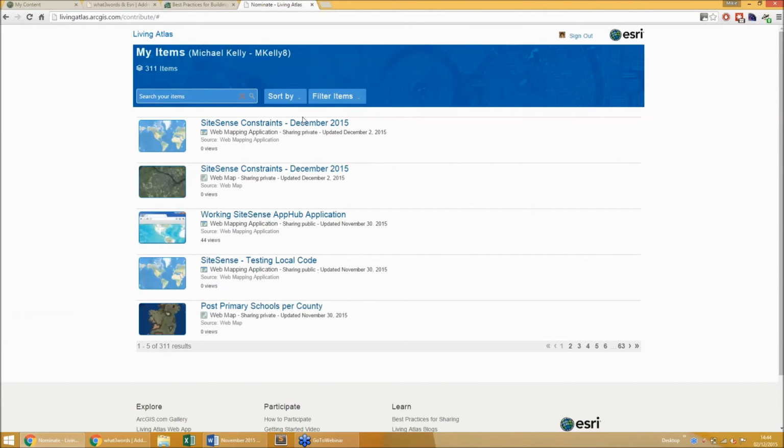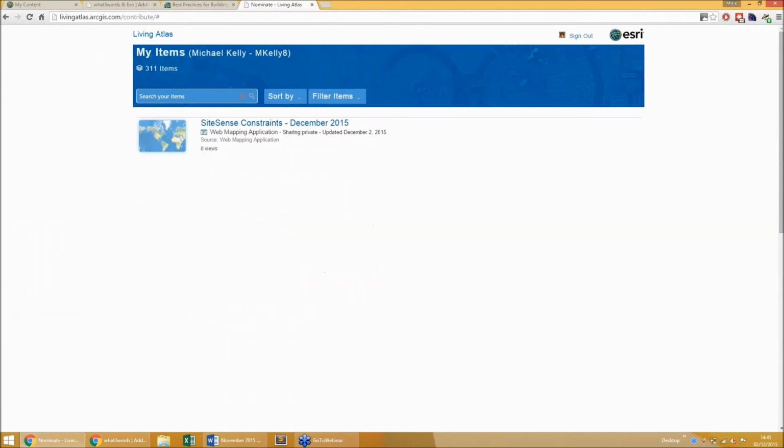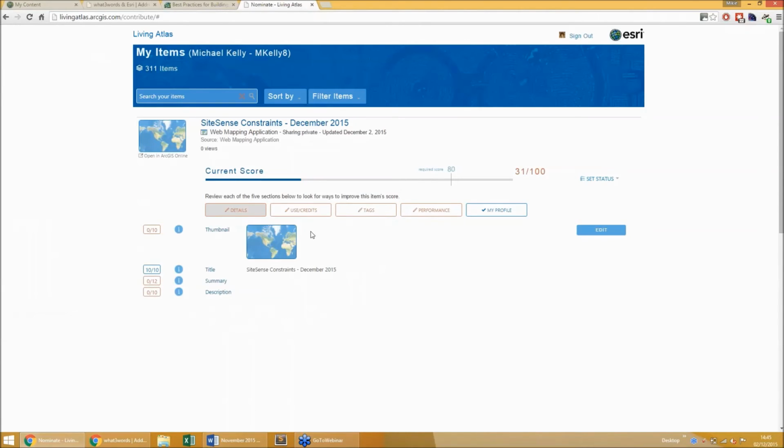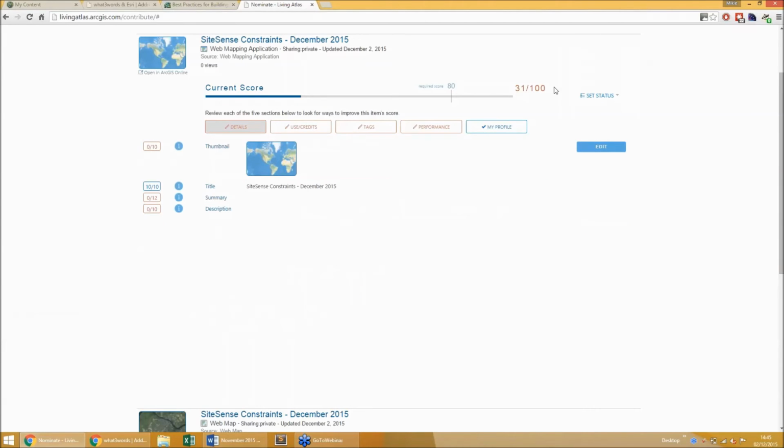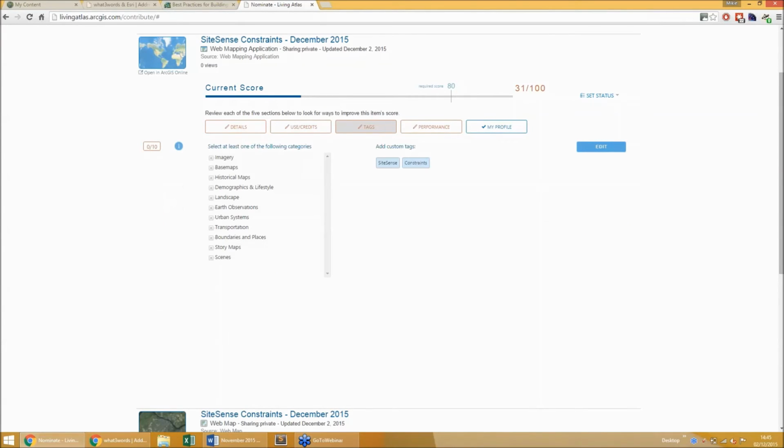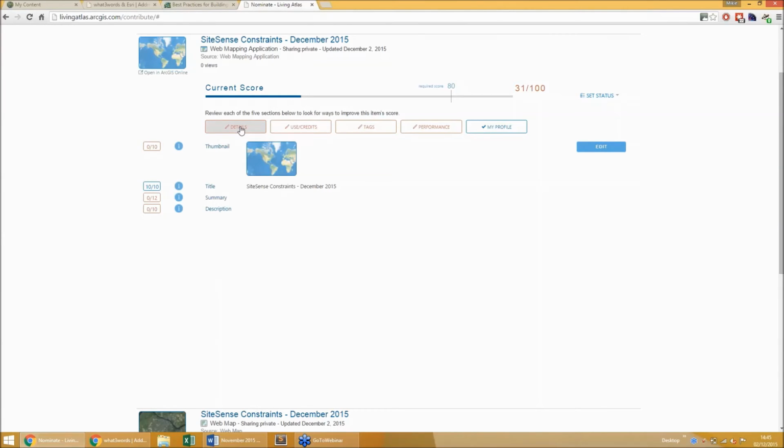It'll get your items and it'll rank each item that you have in ArcGIS Online. So I'm going to just use this top one here, and you can see I get 31 out of 100 because I obviously don't have very many tags. 2 tags. I have no credits, and I'm not displaying a summary description.